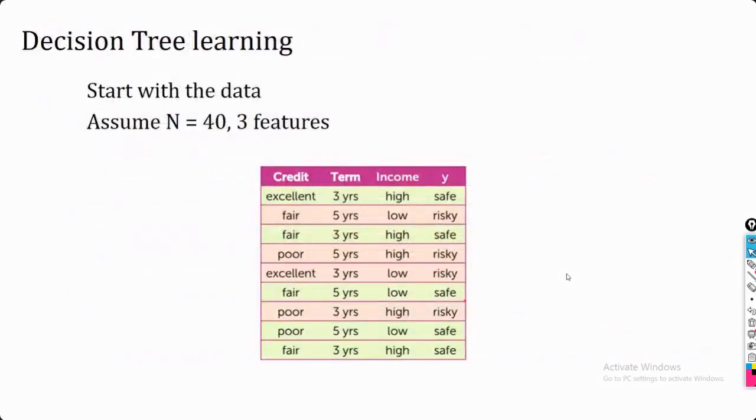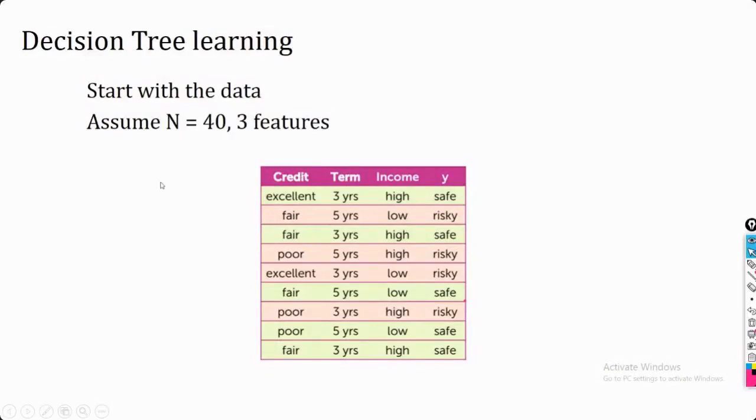Okay, so next we are going to see how to build it. Suppose, although it's not in total, it's 40. For example, assume it. This is just to show how the structure is going to look, meaning how your data set is going to look, if we are considering this type of example.